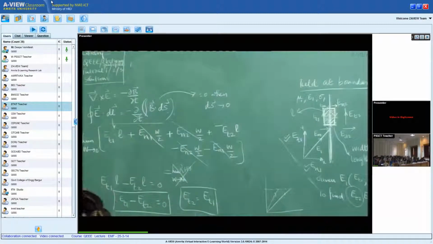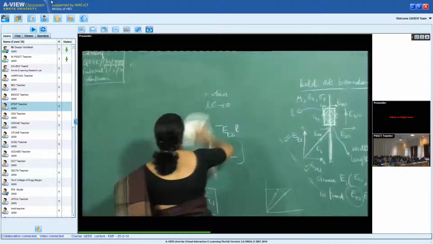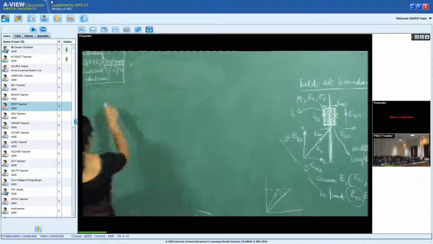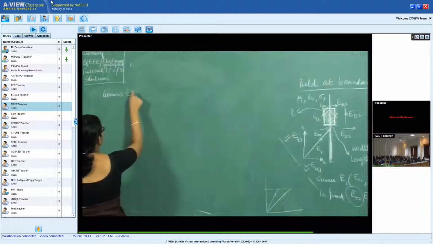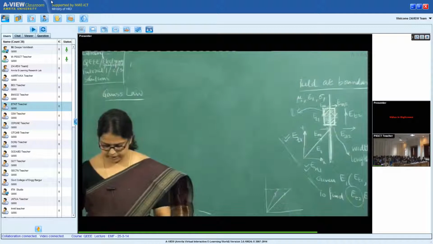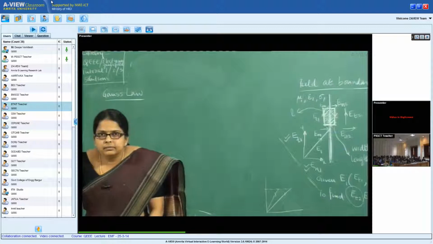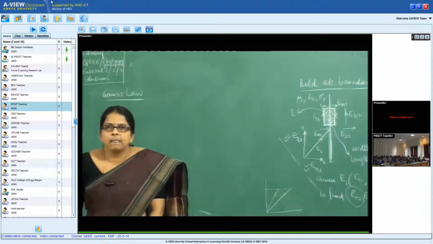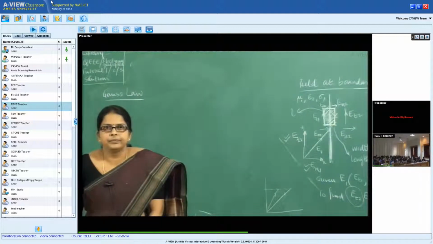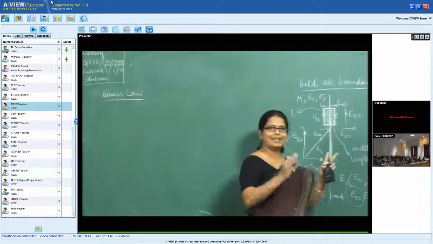So let's go ahead and do that. What we will do for that is we will use Gauss law. Now, if you ask me the question, why are we doing Gauss law for normal component and Faraday's law for tangential component? The answer is I use whichever law gives me the answer, right? Faraday's law was useful because it gave me a loop integral. The loop integral gave me tangential component.